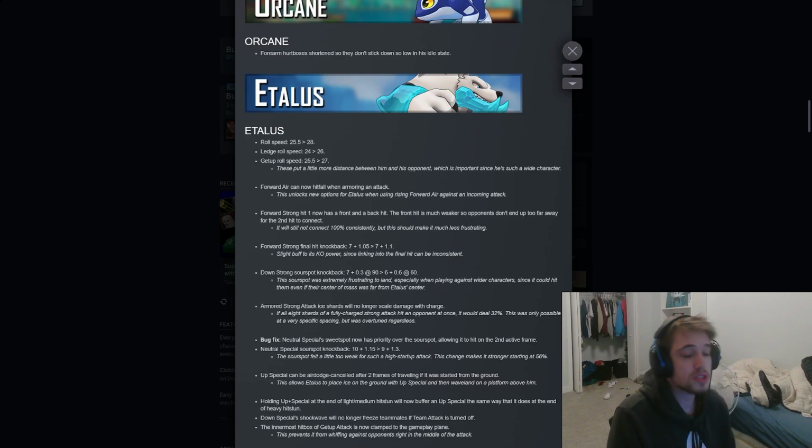The first couple are going to be to his general roll speed. They made it so the overall roll speed is 28 instead of 25.5. Ledge roll speed is 26 instead of 24. And getup roll speed is 27 instead of 25.5. And this is basically he's able to put a little bit more distance between him and his opponent, which